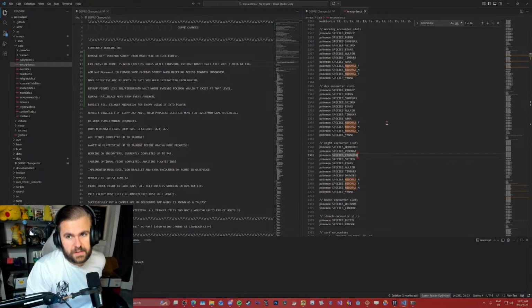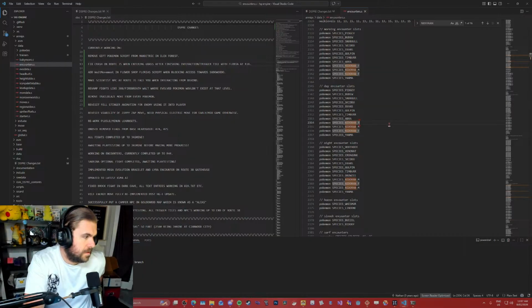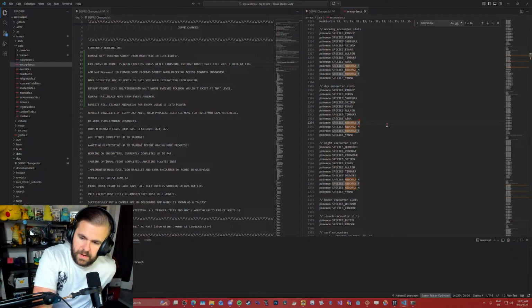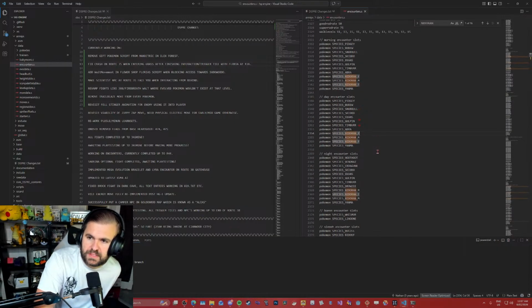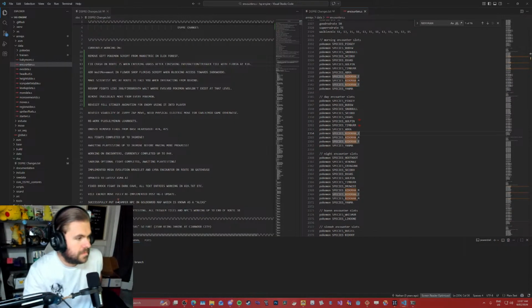I mean, unless this should be exactly the same as the other branch. I was gonna say maybe the AI branch has got different encounters here, but that doesn't make sense because what I've played, it encounters every single one of them, and there's no crashes, no bugs, or anything.